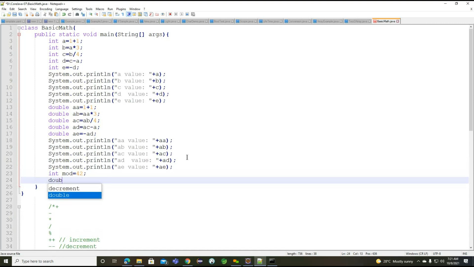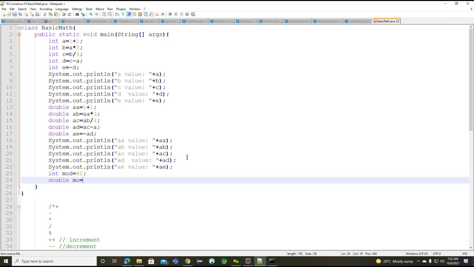In the same way we'll work on the double data type, and for this double data type I want to give the name KMO, and for the int data type I want to give MOD as the variable name.